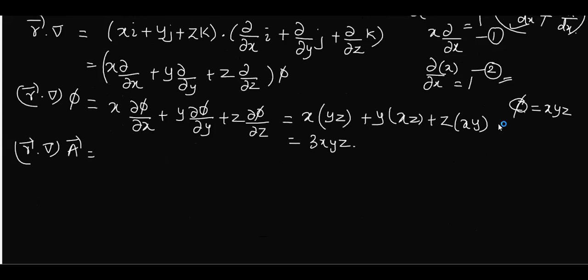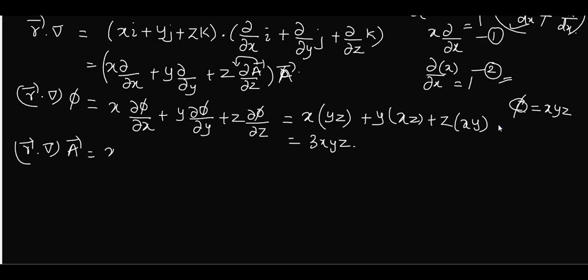Try to tell me. See again, this means r dot del is this part. I have to operate it on a vector A. So again, this A is going to come. This A has variables, so I have to write it compulsorily here. I cannot take this A out of the differential operator without doing anything, because it's not constant.